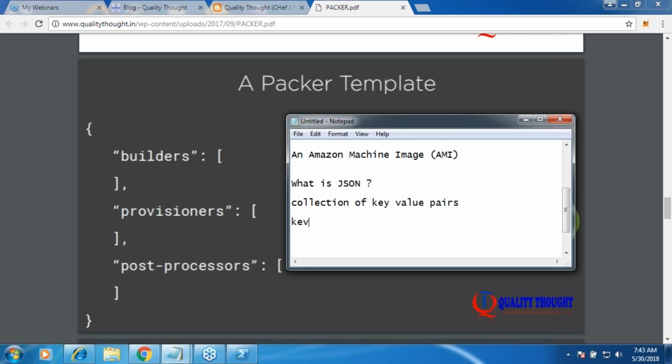So what do I mean by key value? Let us assume that I want to write a JSON file which tells about you, or about any person in India. So what are the different things that can be seen over here? Name, phone number, Aadhaar ID. Let us take only these. I can't write address, it is too huge, but address is also one key. And then alternate mobile number and whatever you see. So these are all the keys.